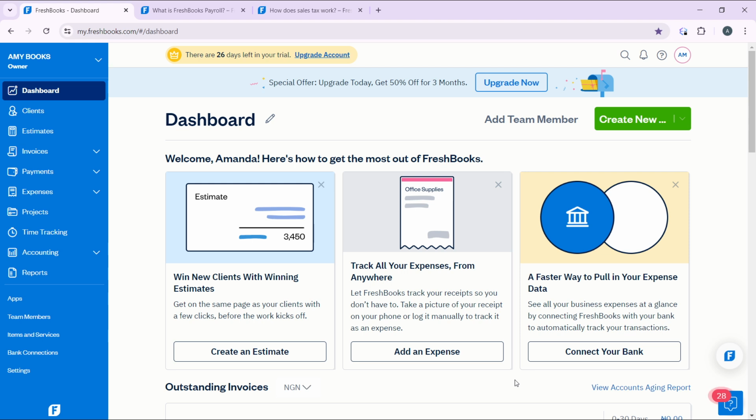And of course, after signing in successfully, it's going to take you right into this fantastic homepage where you can now explore a couple of features to have an exciting time on FreshBooks. So now that we're here, let's quickly hop into today's task, and that is how to add sales tax in